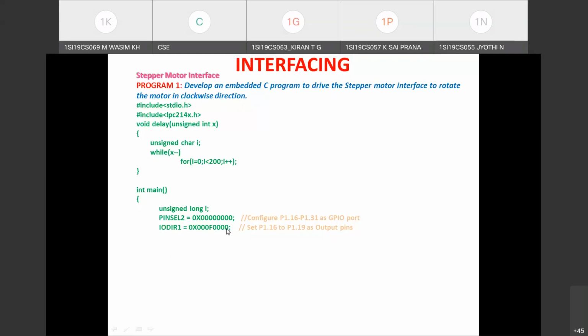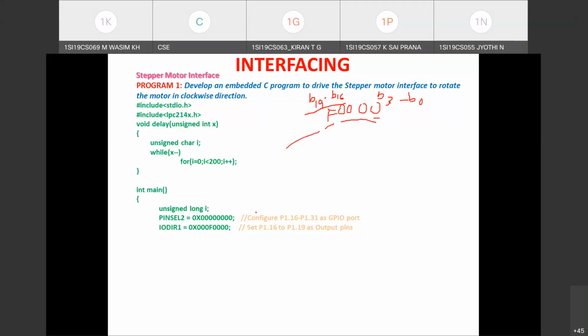This is hexa, first, the least significant hex 0. This is for bit 0 to bit 3. Let me write it here so that you get clarity. See, the status we have written is F followed by 4 zeros. So this is for bit 3 to bit 0, correct? And which bits do we need to write 1 to? It is bit 16 to bit 19. So these bit statuses must be 1. In the IODIR register, just check, bit 19 to bit 16 are written with 1. The rest of the bit status will be 0.